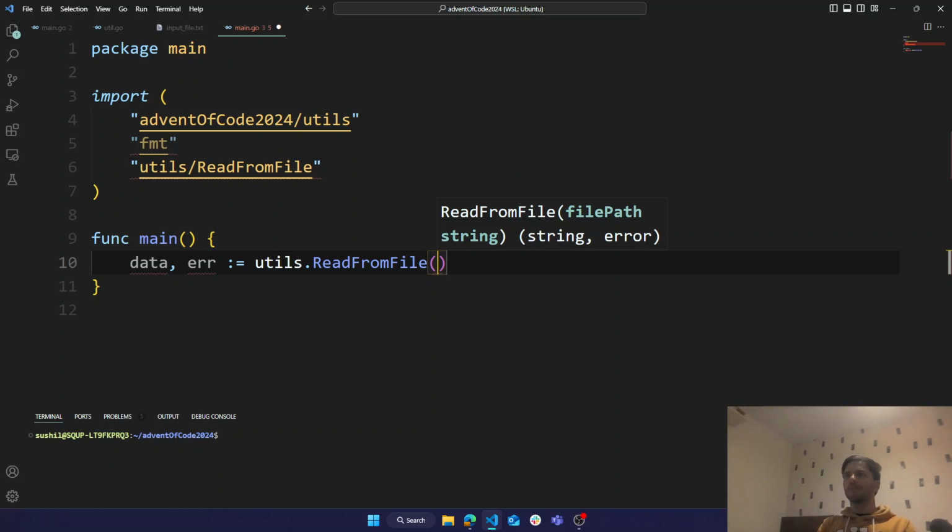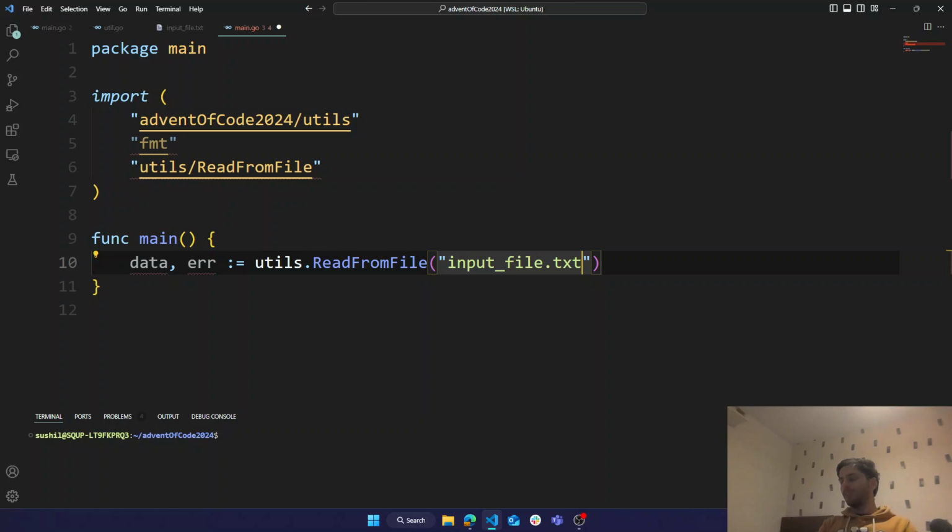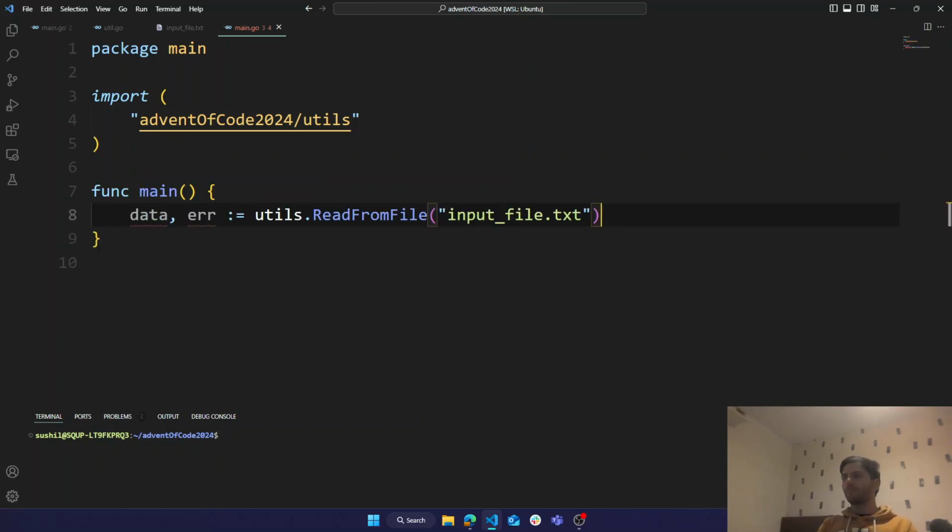What's the file we're going to give it? Input file.txt. Oh, that's the way you meant to import it, not util slash. So we got the package utils from the import. Okay, got the data and the error.